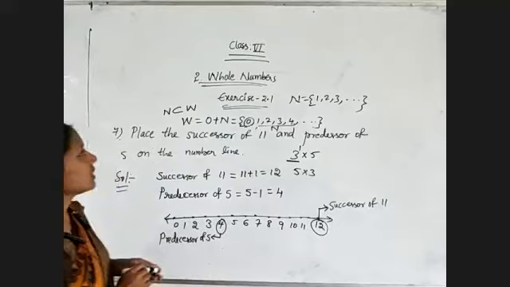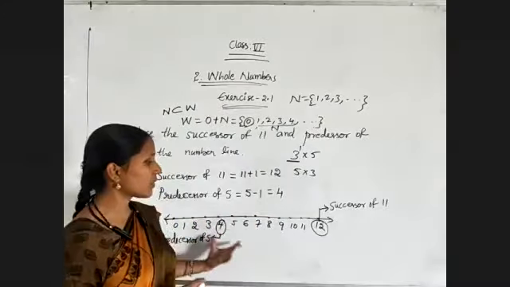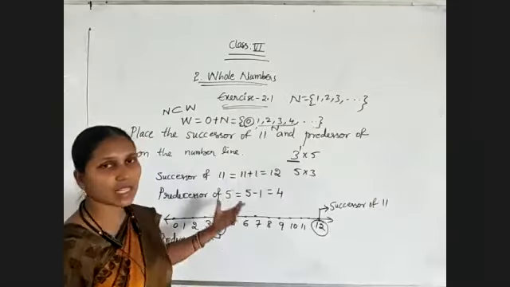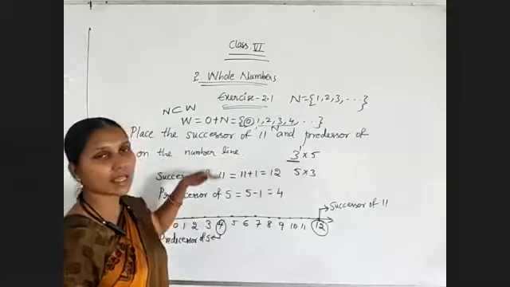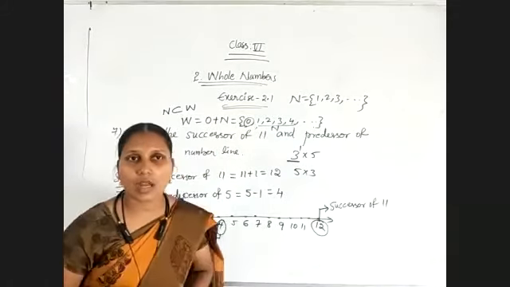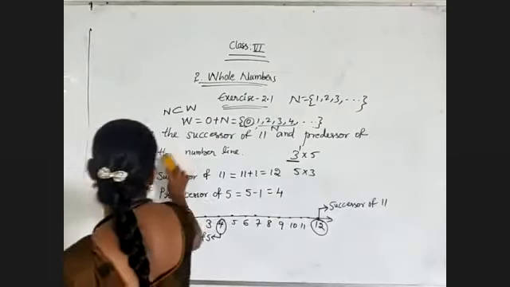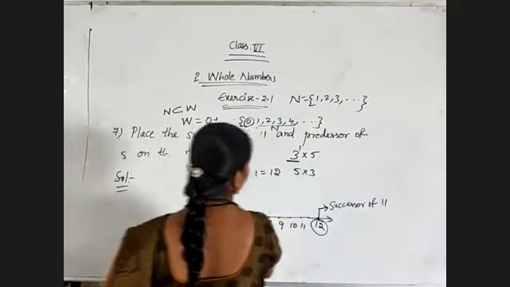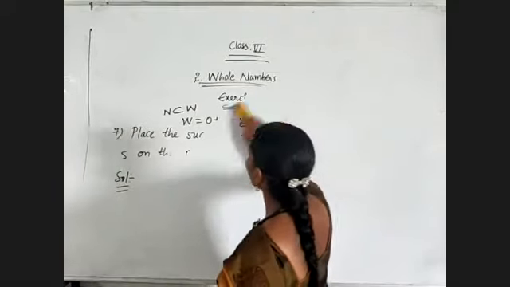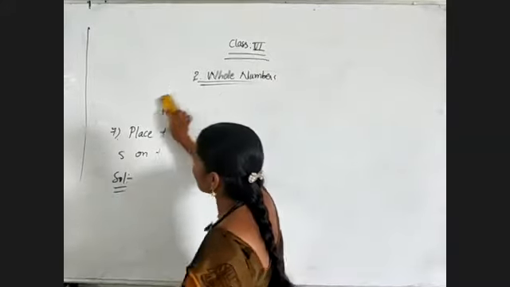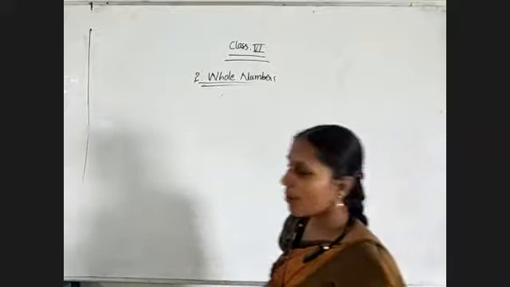Coming to the next, representation of some numbers on the number line, whatever they tell, like this we have to represent. Directly sometimes they will say to represent so and so numbers, and in some cases indirectly they will ask to represent on the number line. Now coming to the next topic, properties of whole numbers. Today I'll just give the introduction about the properties: which properties are there and what their statements are. Tomorrow I'll give a complete, brief explanation about the properties of whole numbers.